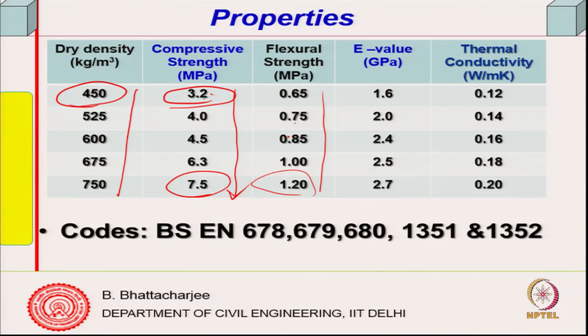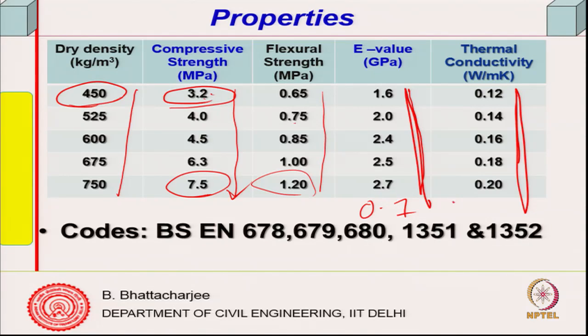So, this flexural strength, and if you see E values, they are of this order, but the most important thing is this part. Thermal conductivities are quite low. Some of them with much lower density, like foam concrete, can go even less than this. So, they are of this order, while normal concrete bricks we have seen are of the order of around 0.7, 0.8,